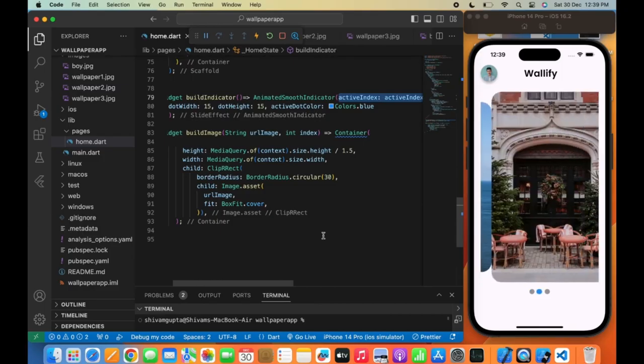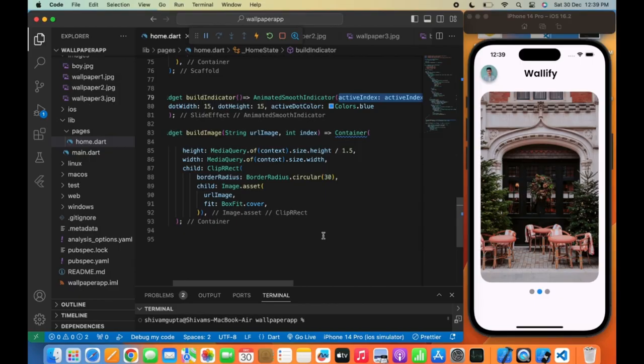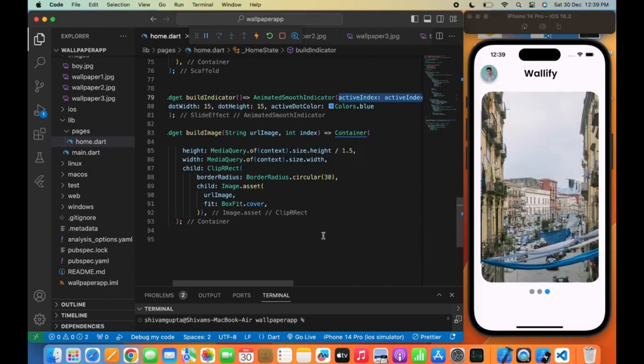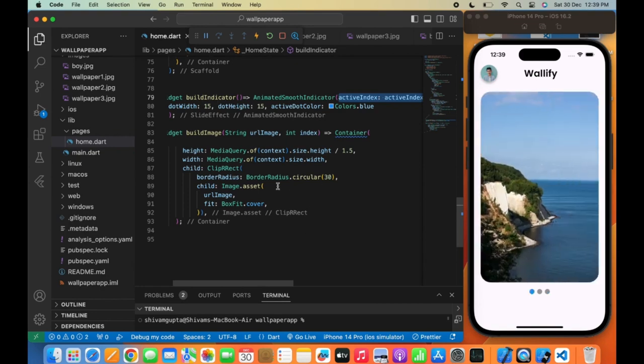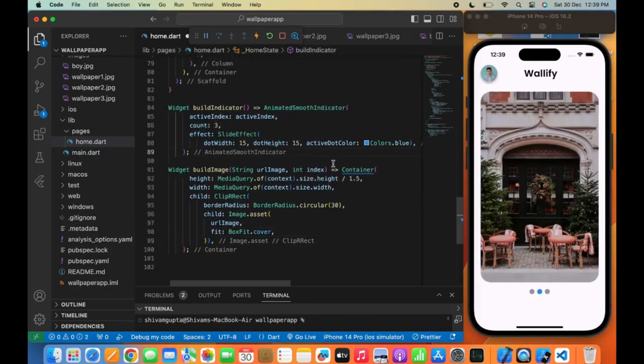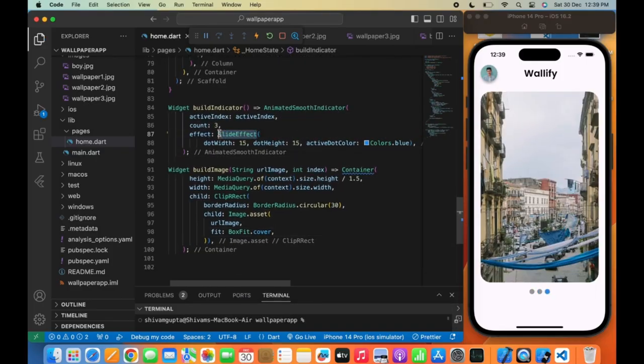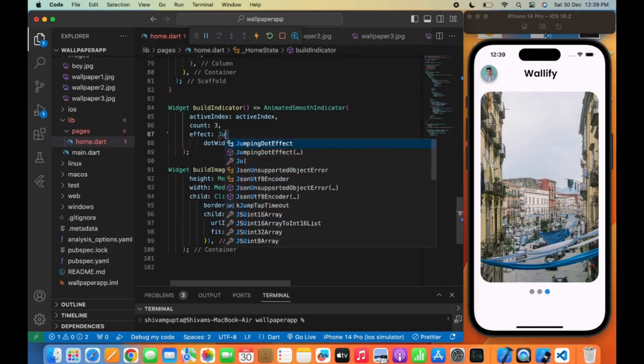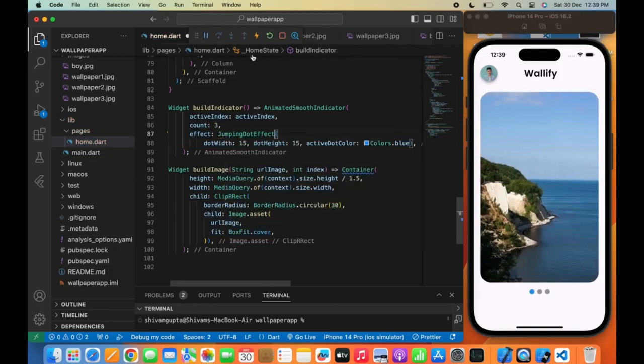and it keeps on moving according to the carousel slider. So our build indicator is also working brilliantly, and our carousel slider and build indicator are moving according to the index that we have passed. Though I have told you there are lots of effects in the build indicator, so let me